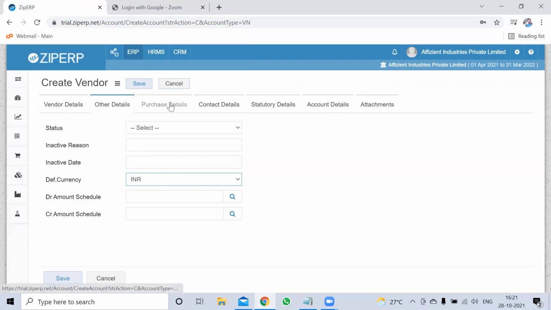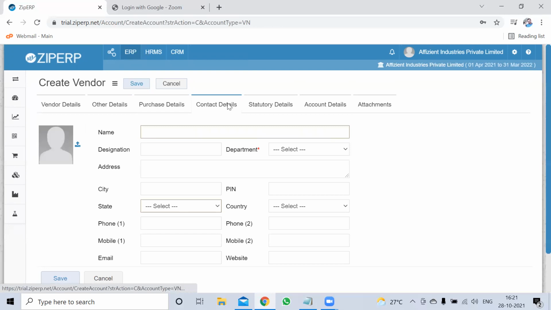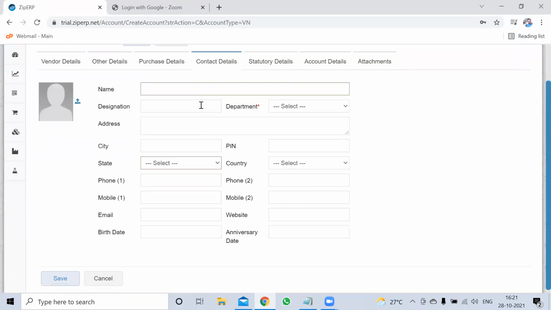Then after the purchase details, we can set the default discount here if the vendor is always giving us a discount every time. And in the contact details, we can put the contact person name. So I said Mr. JS, owner, proprietor.